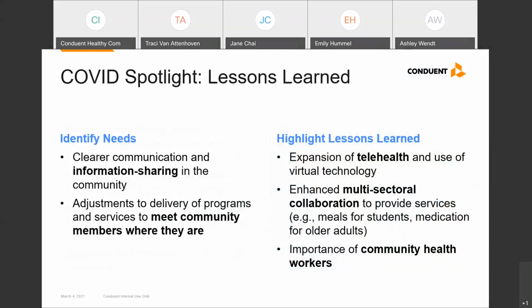There is opportunity to create better and clearer messaging and communication related to COVID-19 in our work efforts to avoid confusion and misinformation. There's opportunities to rethink programming and how we reach people where they are versus having them come in to access services. So utilizing satellite offices or mobile health units or even virtual health.